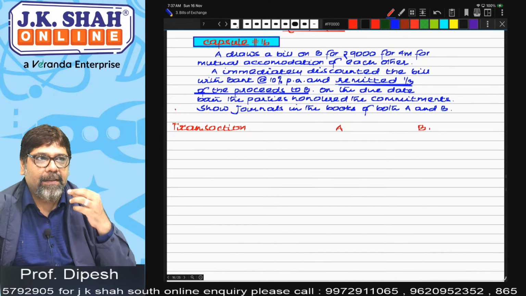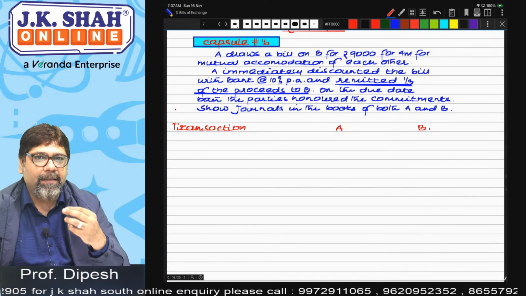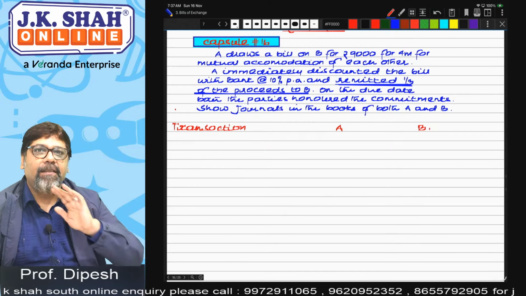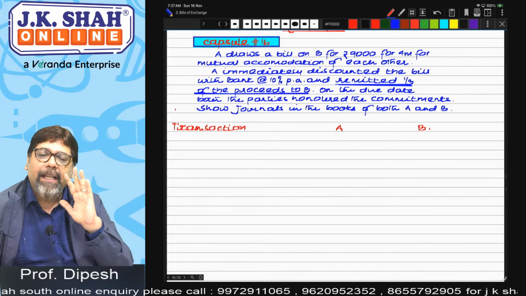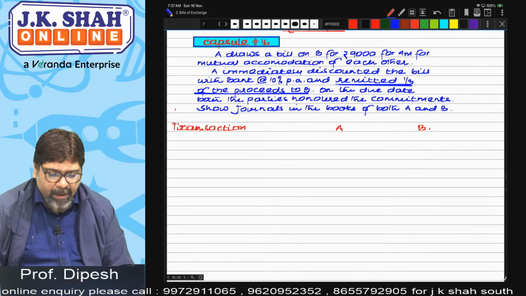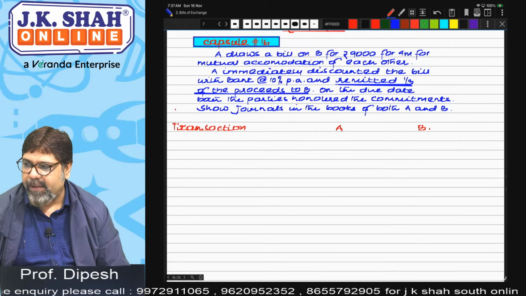That means two parties are accommodating each other in each other's financial needs. There is no trade activity between them. Let's see all this and the accounting through one example. A draws a bill on B for rupees